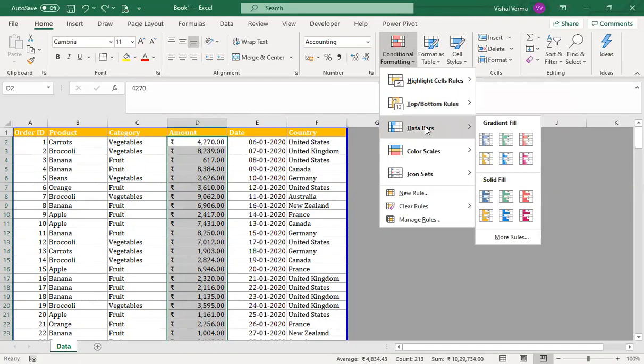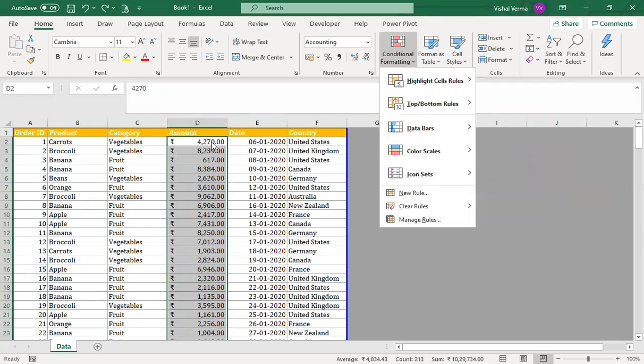Okay. Now we have got the other function, that is the data bar. Data bar has two options, one is the gradient fill and then the solid fill. The purpose or logic behind them is more or less the same. Okay. The data bar fill actually identifies the size of the bar on the basis of the total. So the maximum will be the full size.